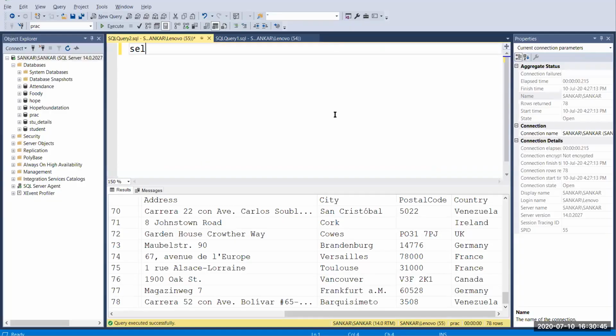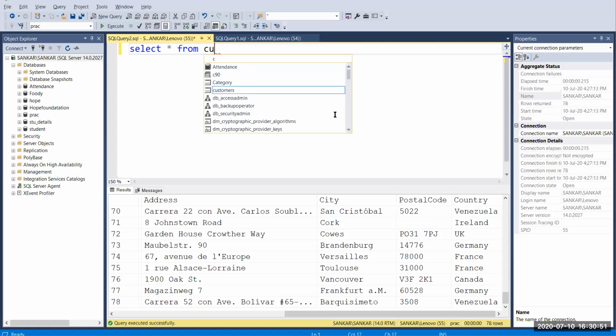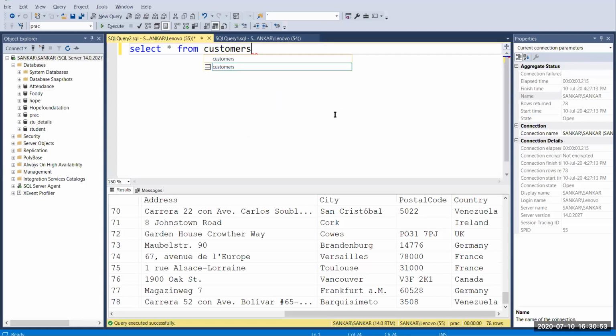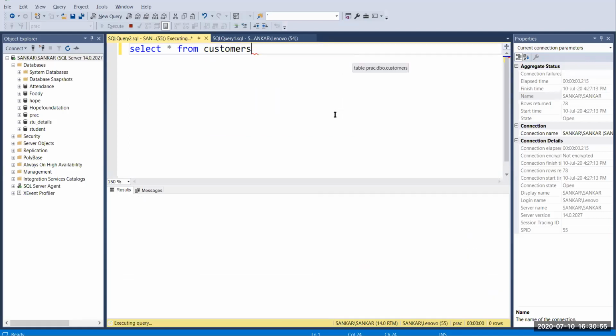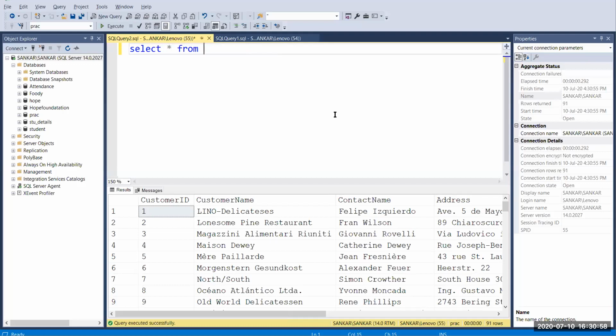First I'm going to print select star from customers. Let me run this, or rather, let's take a table with minimal records.